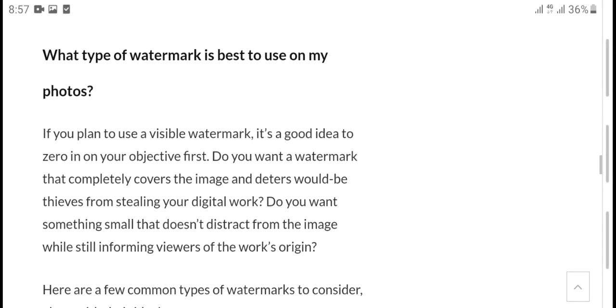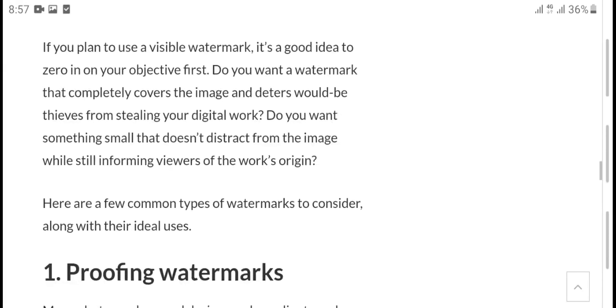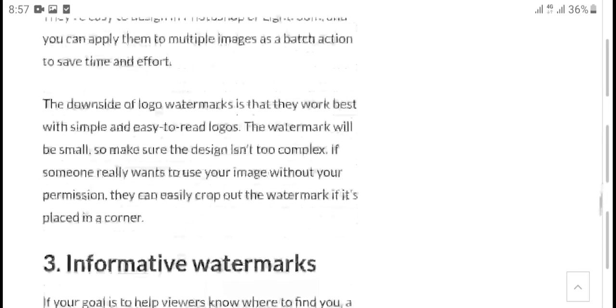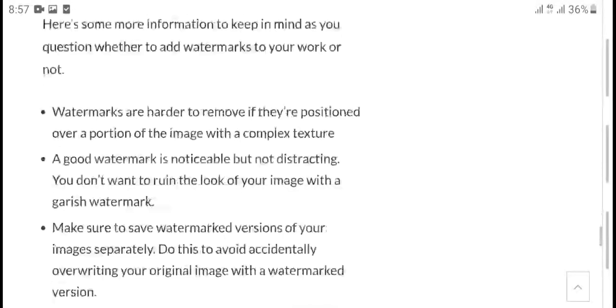What is type of watermark best use me photo information watermarks